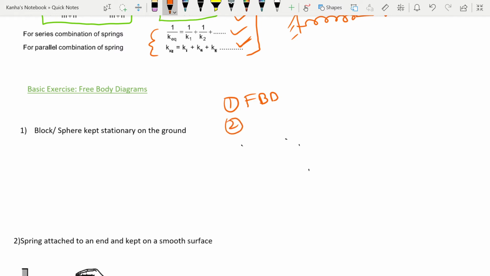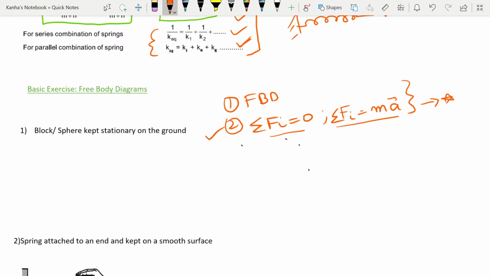And second, using either of these two equations, either summation of Fi is equal to 0, that is the system is stationary or it's moving with a constant velocity such that there is no external force acting on it, or you have summation of Fi is equal to some mass into acceleration. So whether it is 0 or whether it is some constant value is the only two things that you should think about. If you get these two equations, then all your problems are done. So we come to the major first part.